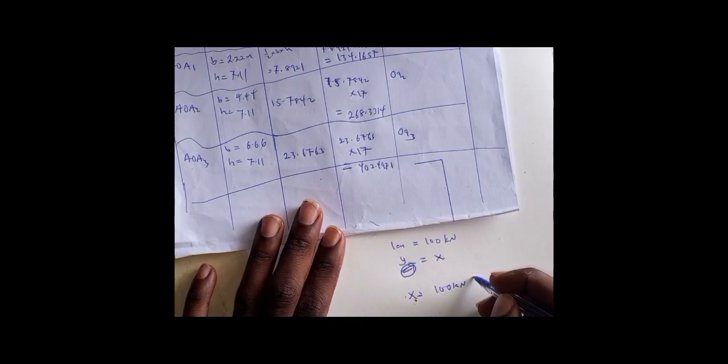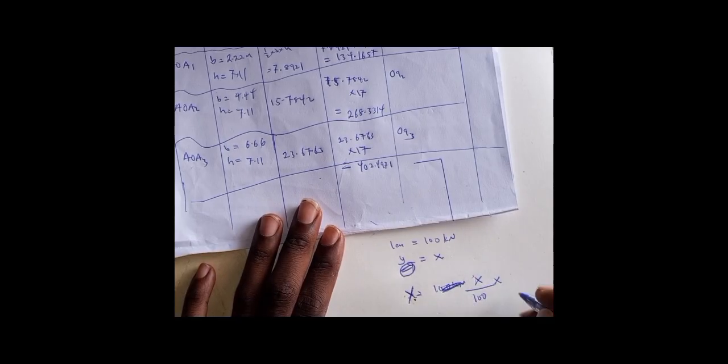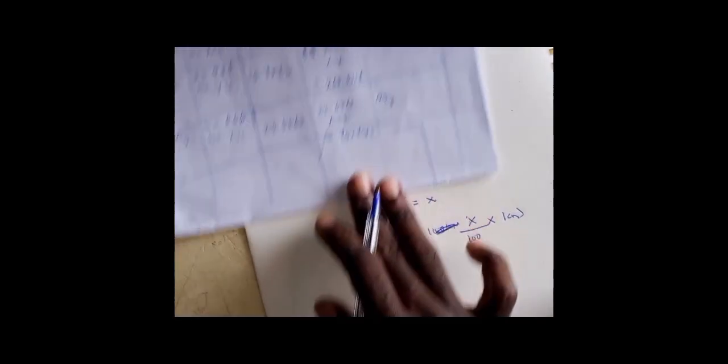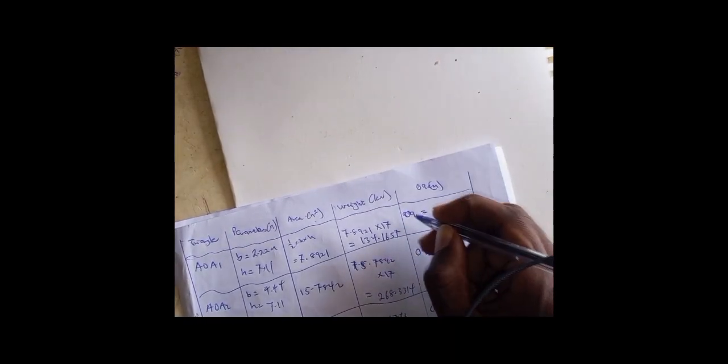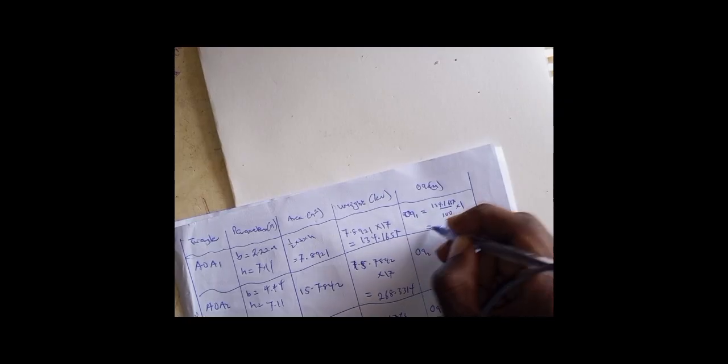100 kilonewtons. Sorry, y will be equal to x over 100 by 1 centimeter. So I'll convert all of them. For the first one, OA1 is going to be 134.1657 over 100 by 1, and this simply gives